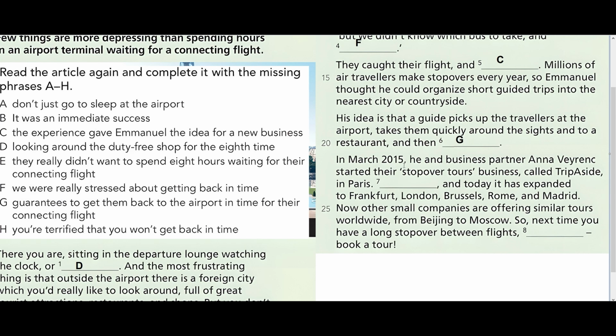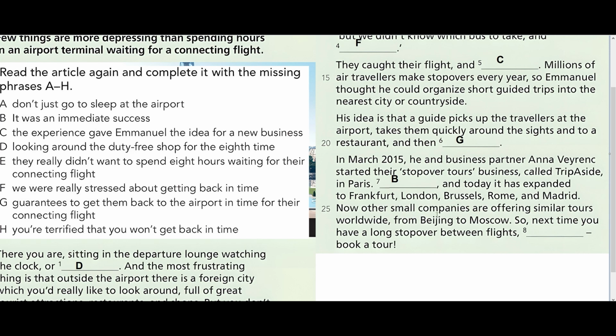In March 2015, he and business partner Anna started their stopover tours business called Trip Aside in Paris. And today, 7, I think it was an immediate success. And today it has expanded to Frankfurt, London, Brussels, Rome, and Madrid.